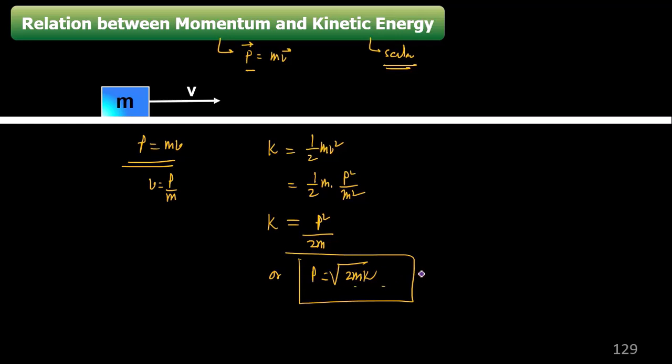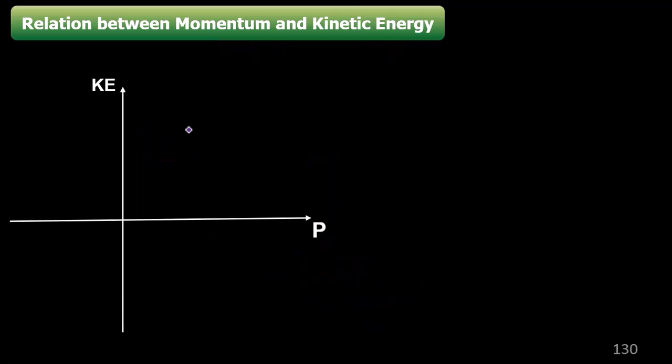So this is the relation between the momentum and the kinetic energy, and this is scalar. I am only taking the magnitude of momentum, not the direction. So if the particle is moving left or right, the vector will change depending on that. But if I say the magnitude of the momentum, it is always p equals m v. And corresponding to that, p equals the square root of 2m into K. So our equation is p equals the square root of 2mK.